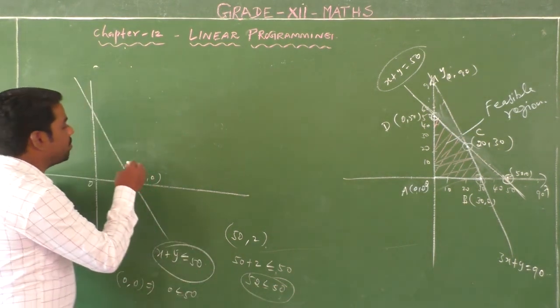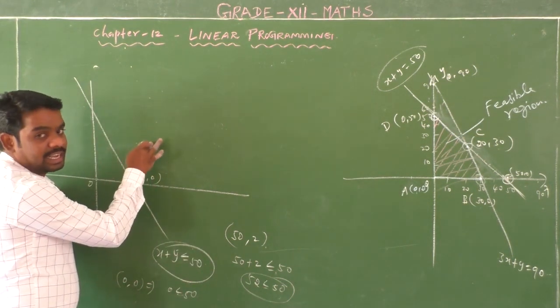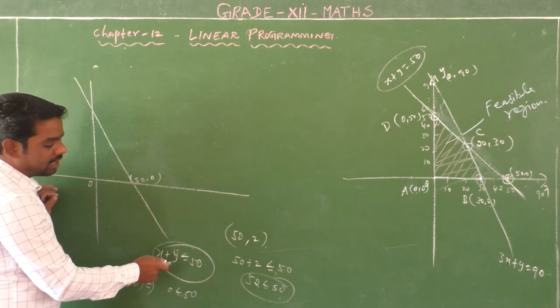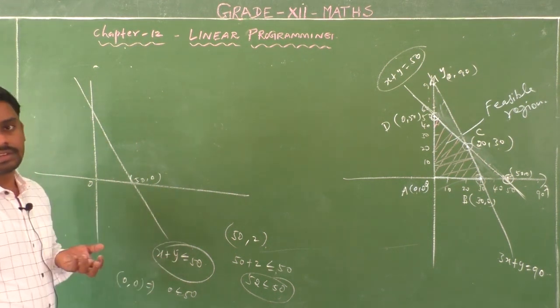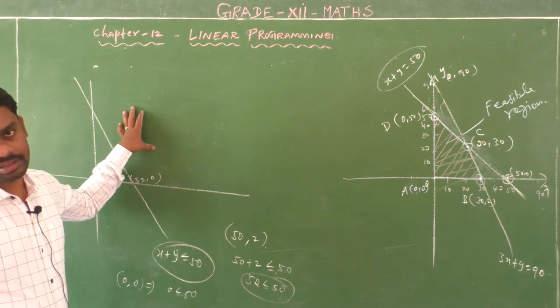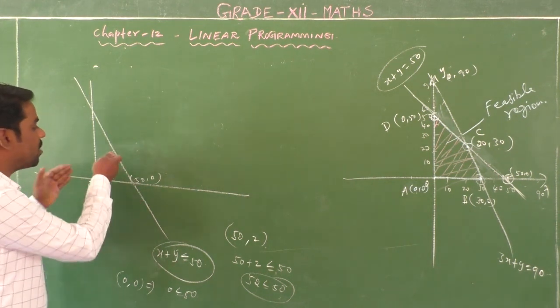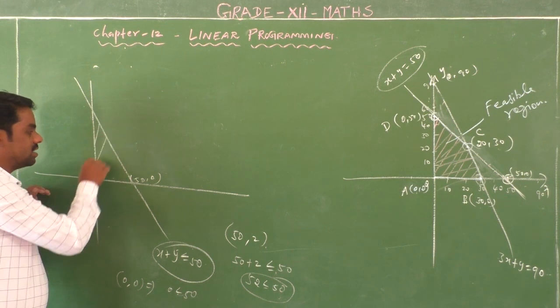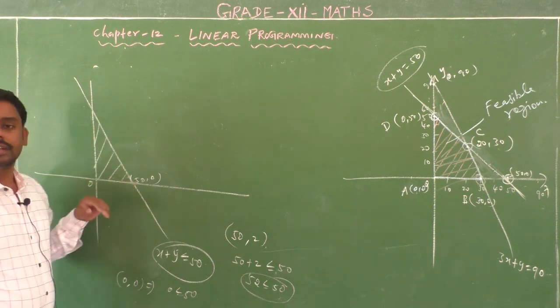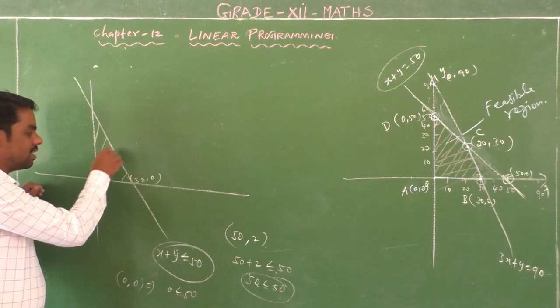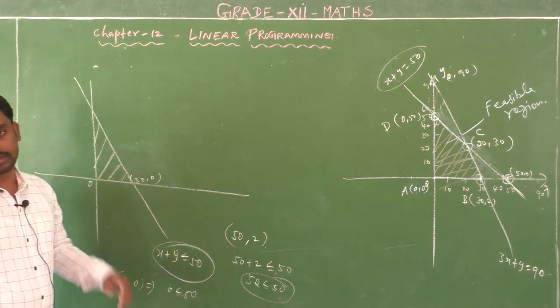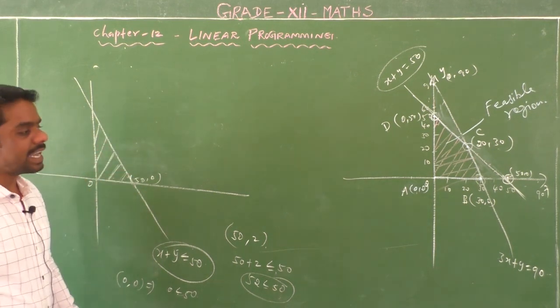So if we take any point in this region, the inequality x plus y less than or equal to 50 is not satisfied. So this is not the required region. The required region is to the left of this line, below the line. This is the required region. Okay. Next,